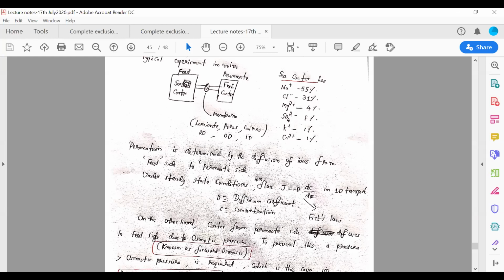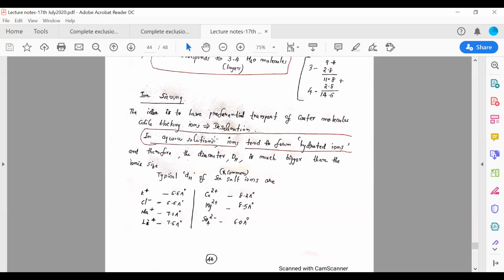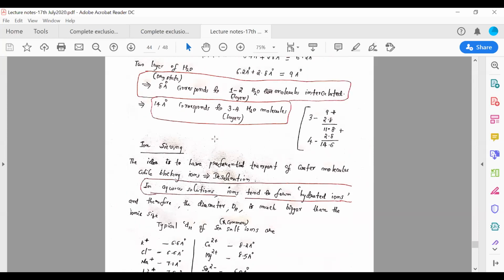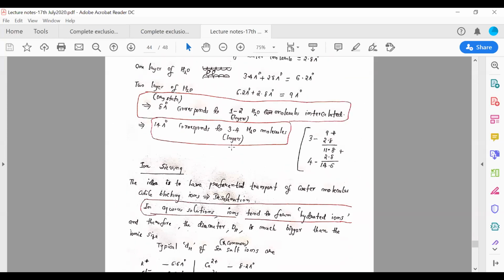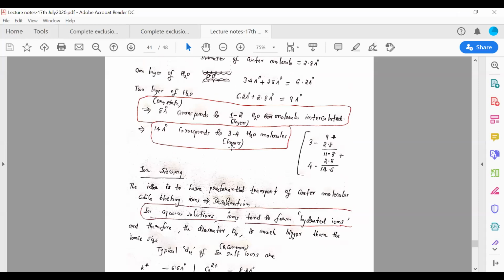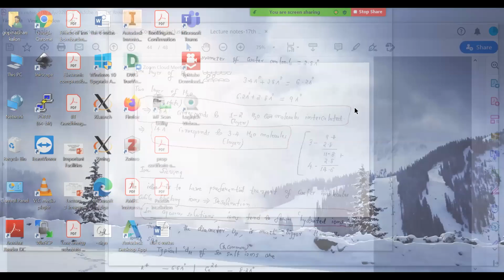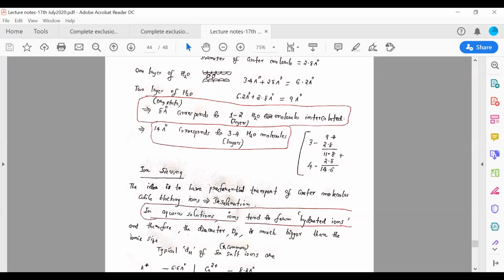Can someone tell me what is the issue with graphene oxide? From this number, maybe. I have to pick someone. Kailash. Is Kailash there? Hello. Yes, sir, I'm here. Okay, so what do you think? What is the problem with graphene oxide?